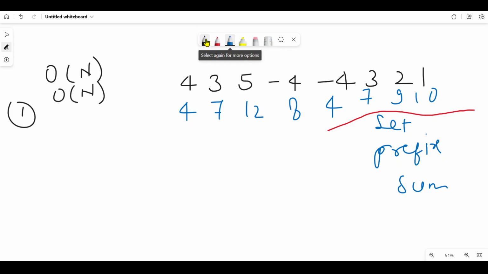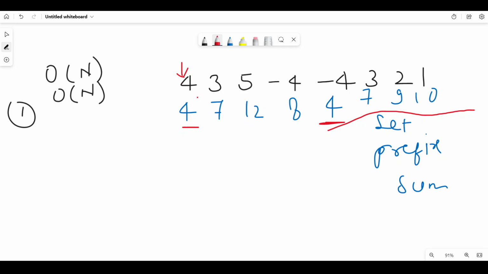So we can see that this prefix sum is telling us whether the sum in between is 0 or not. How is it showing? It is showing that the sum is 4 here, and again the sum is 4 here. Initially the sum was 4, and as I keep adding the elements, the sum becomes 4 again, which means that there is a subarray in this part which is making sum 0, which is not contributing to the sum